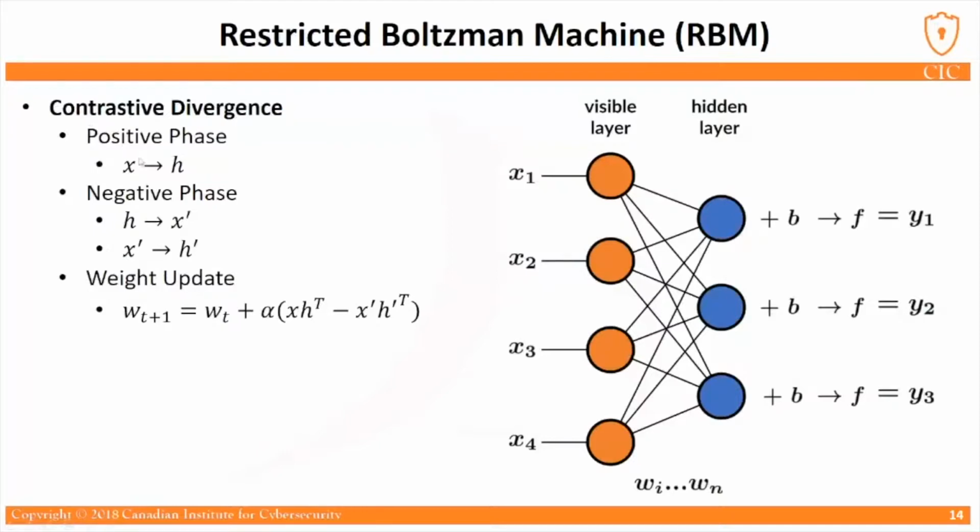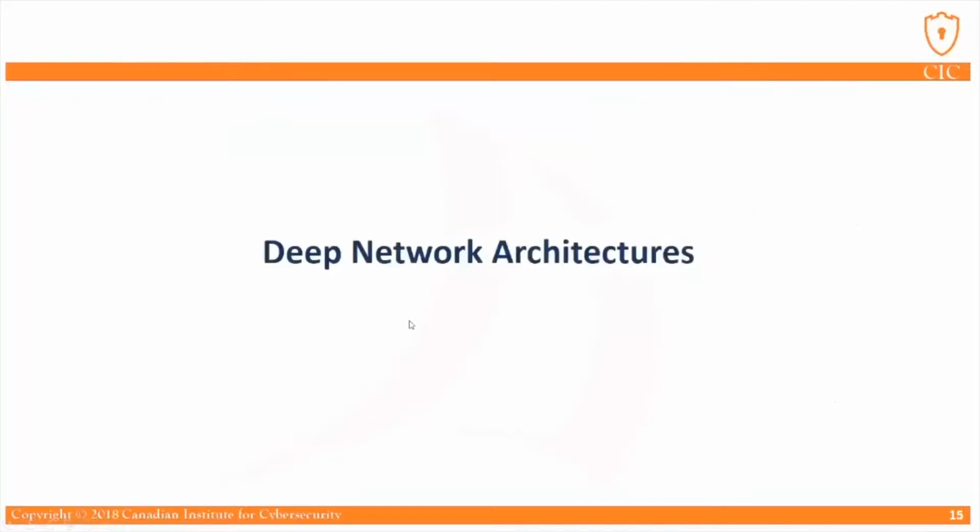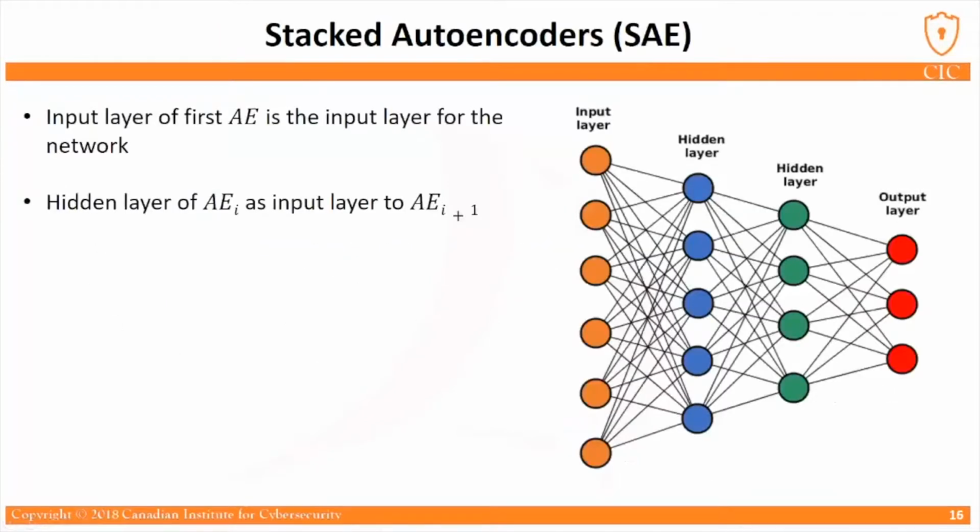It has a positive phase that clamps X to H, which is the hidden representation we can see of the input, and we have a negative phase that maps H to X prime, and X prime is propagated again through the network, and we will have H prime, and there is another weight update procedure to update the parameters. And based on these basic building blocks, we have stacked autoencoders, where we stack different autoencoders